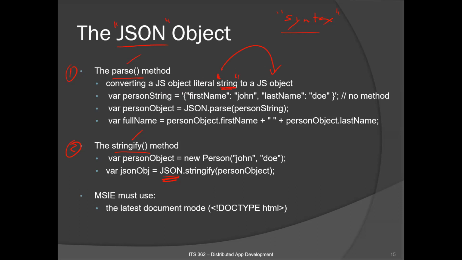Okay. So think of it that way. For instance, I have literally here a string. This is a string. Person string. How do you know it's a string? Notice that inside there's double quotes, right? There's double quotes, but outside,